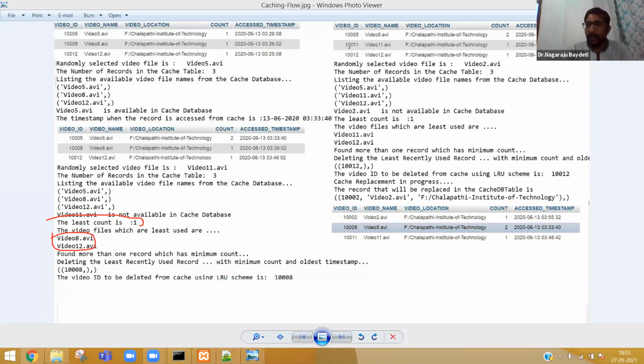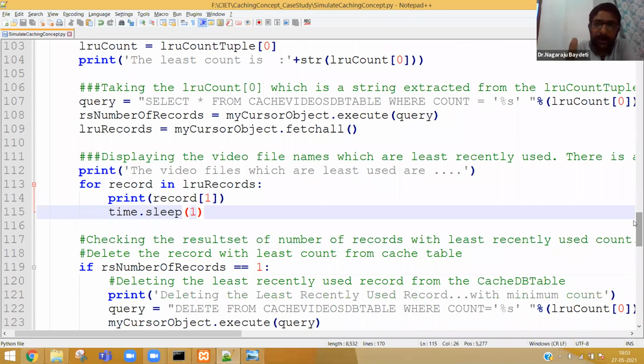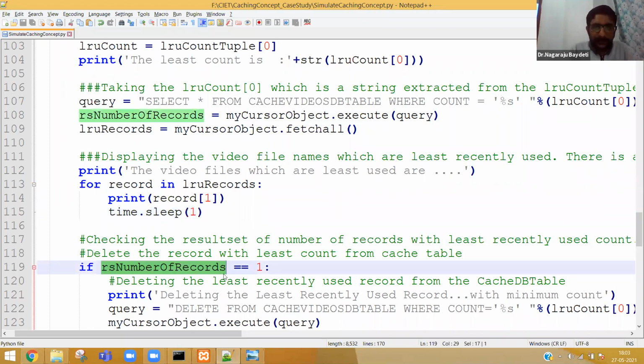Okay. Now the challenge starts. We need to verify whether only one record came with least count or many records. How to do that? In line number 119, I am using RS number of records, which is taken from 108.